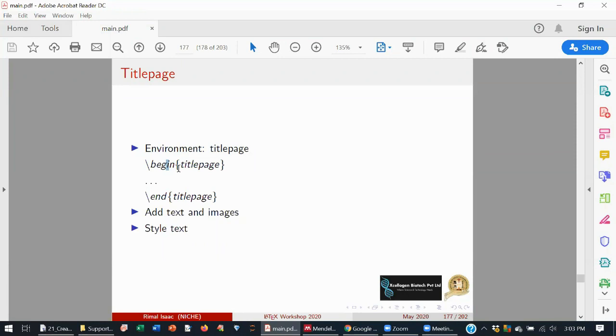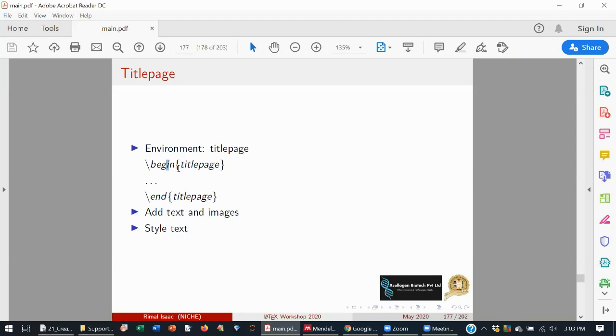Yesterday I got a mail from one of the participants that she was not able to compile the document. But when I checked, there was a small spelling mistake in the document. She typed doument instead of document, the c was missing. So even a small spelling mistake and your document will not compile.